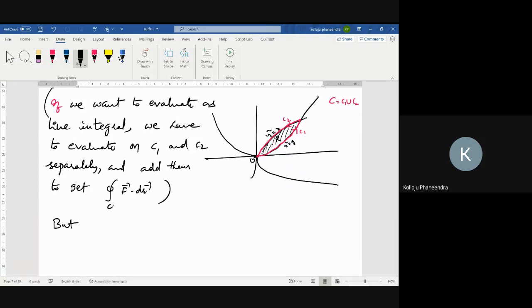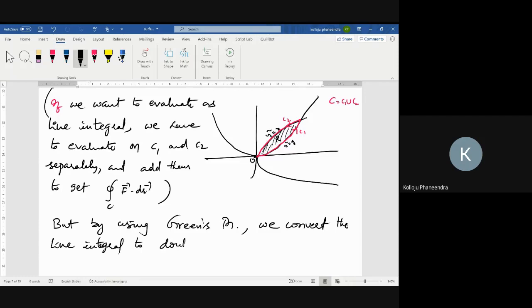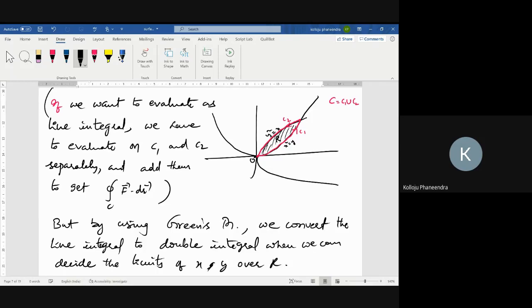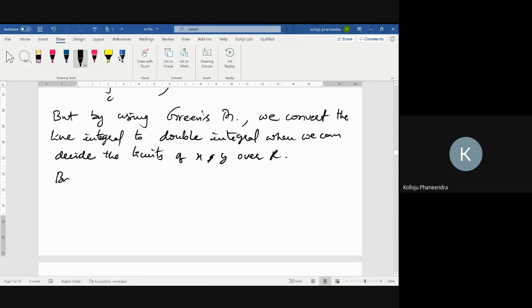By using Green's theorem, we convert the line integral to a double integral, where we can decide the limits of x and y over R. Simple. Okay, that's better. Therefore, by Green's theorem,